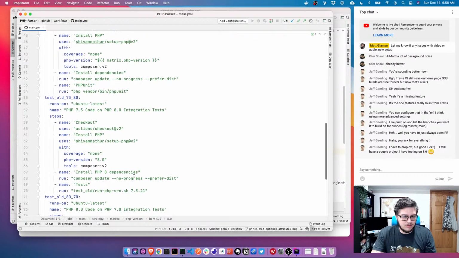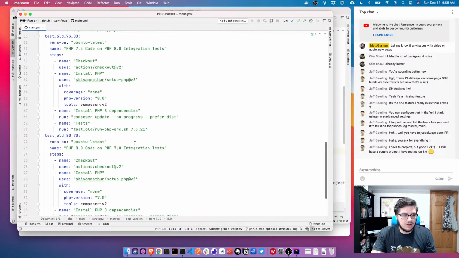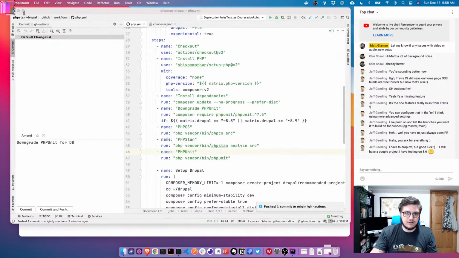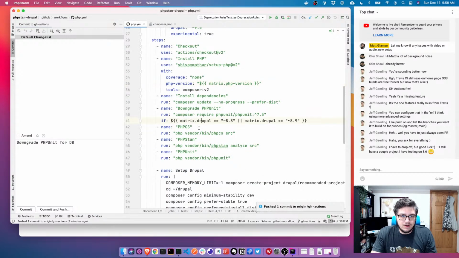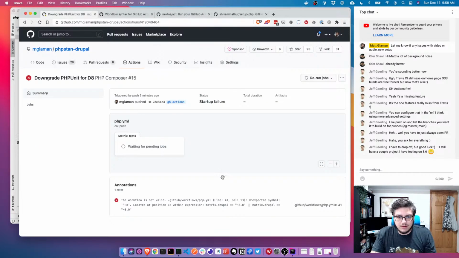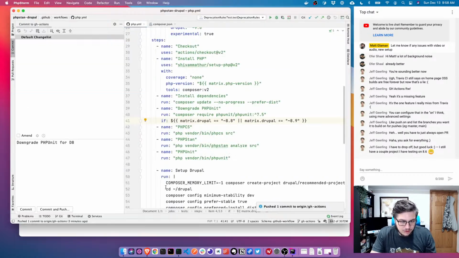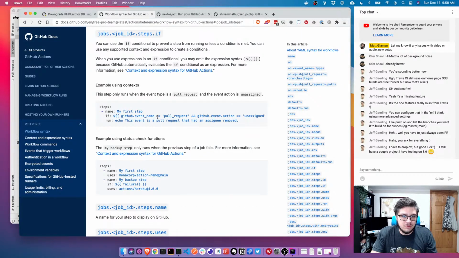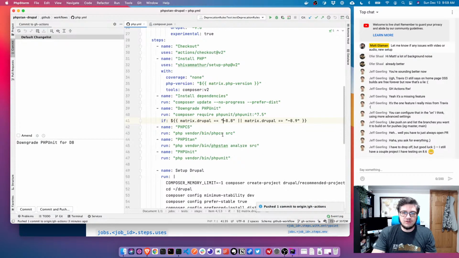That's PHP parser. Line 4113. This is not valid. What did I do? Unexpected symbol. But isn't that what I read in here to do? Is it because I used double quotes instead of